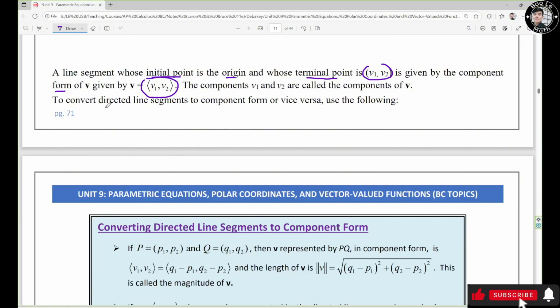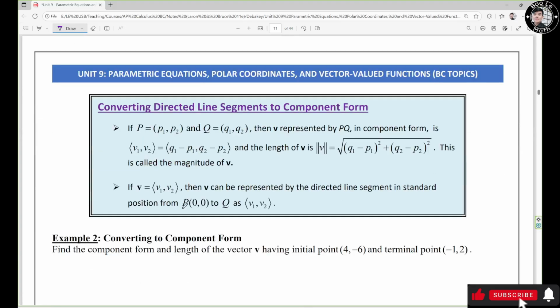To convert directed line segments to component form or vice versa, use the following formula. If point P is (p1, p2) and point Q is (q1, q2), then vector v represented by PQ in component form is written like this,